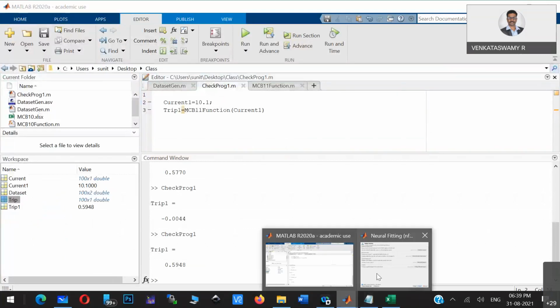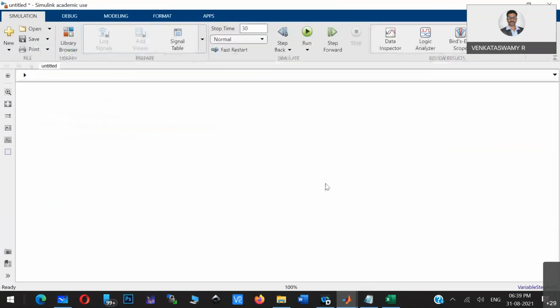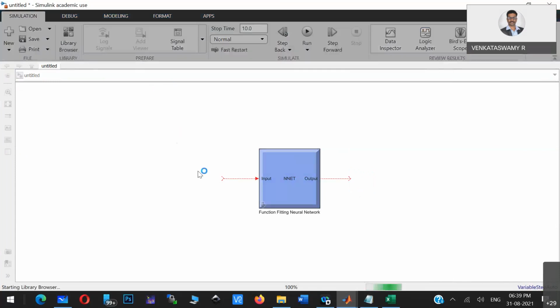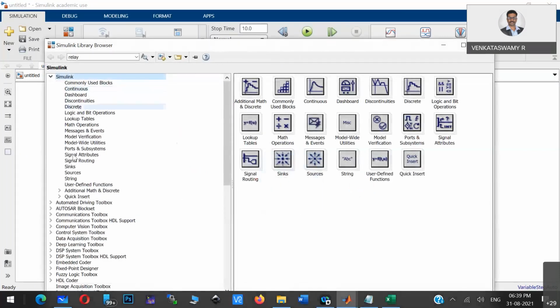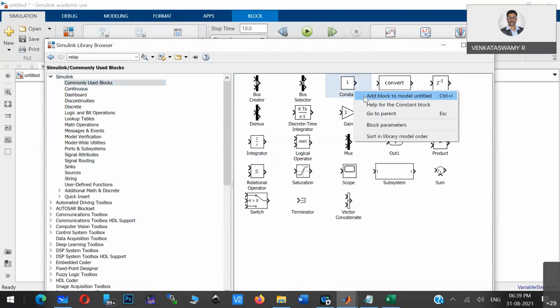Similarly, you can export as a Simulink model. I told you. So if you export as a Simulink model, your model will look like this. Very simple. Now you no need to worry about this particular function. It will provide the input output. Now what you can do, you can delete this input and output, and you can put one constant block and a display block just to see the behavior of the system.